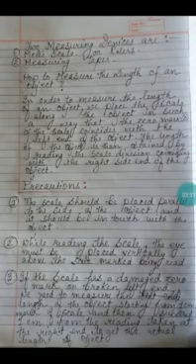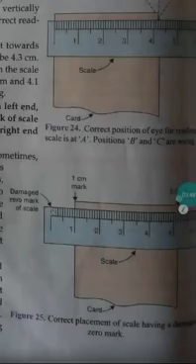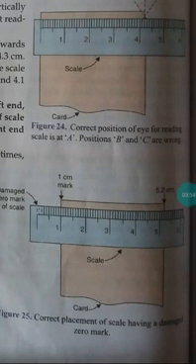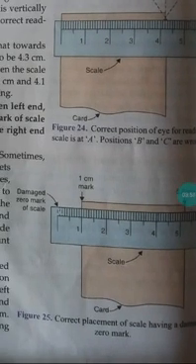Now the third precaution is, if the scale has a damaged zero mark or broken left end, we need to measure the length of the object starting from the 1 centimeter mark of the scale and then subtract 1 centimeter from the reading taken at the right end to get the actual length of the object. Now what does that mean? See, students, in your book figure 25, they are measuring the length of this card. Similar things we are taking as an example.